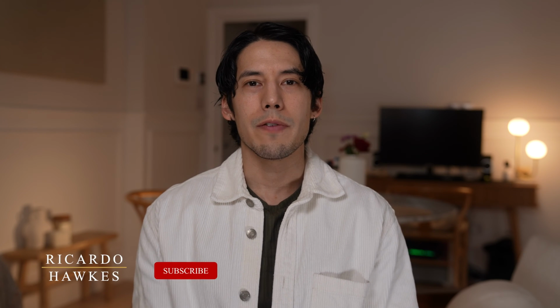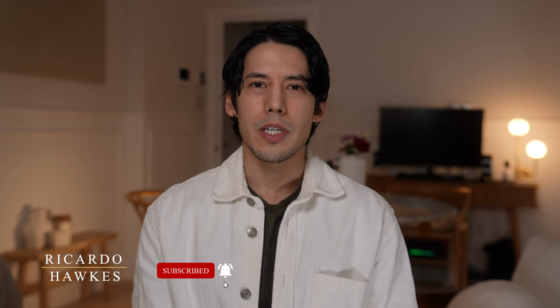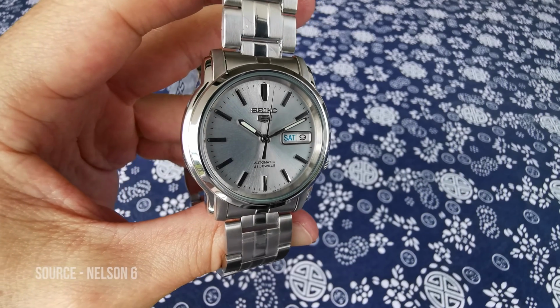Today we are going to look at dress watches and more specifically my top 10 dress watches under $1,000. Okay, let's get started. First up we have Daniel Wellington. Don't worry, just kidding. First up we have the Seiko 5 Automatic